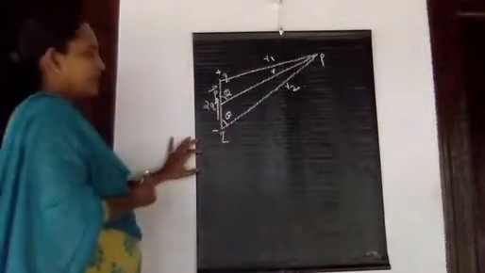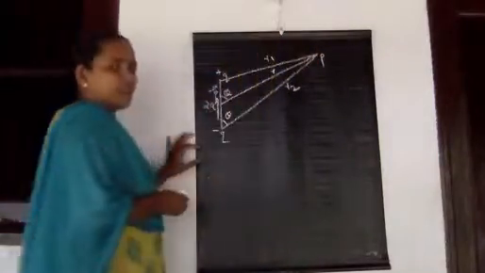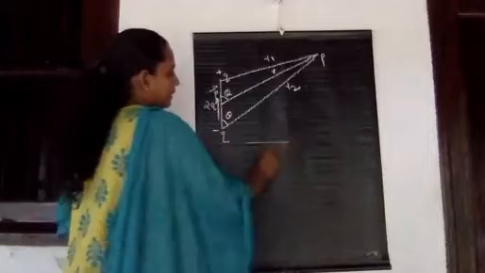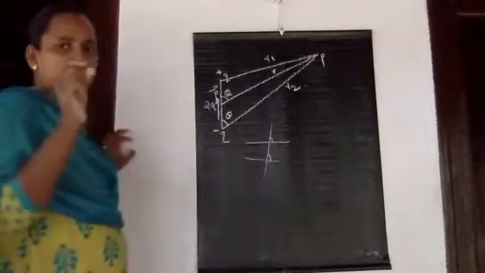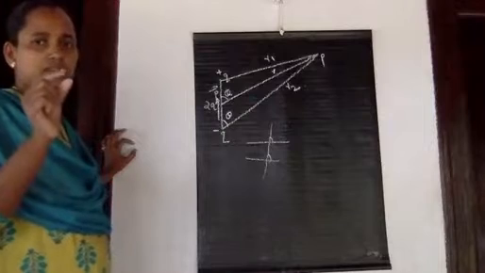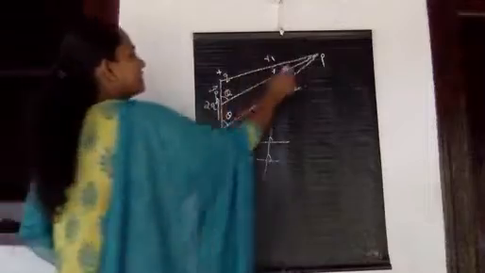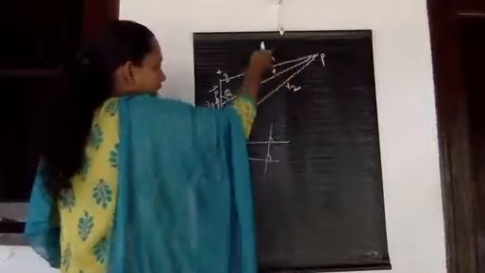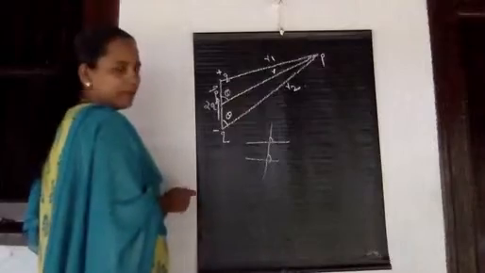You can take this by the property of angles, because if this point P is far away from the dipole, these two lines become parallel to each other. Then if this angle is theta, that angle also will come as theta. If this arbitrary point P is very far away from the dipole, the dipole length is too short beyond our imagination, as in the case of molecules. So this point P is very far. In that condition, we are considering these R1 and R2 lines as moving parallel. Therefore, since this angle is theta, this angle also becomes equal to theta.